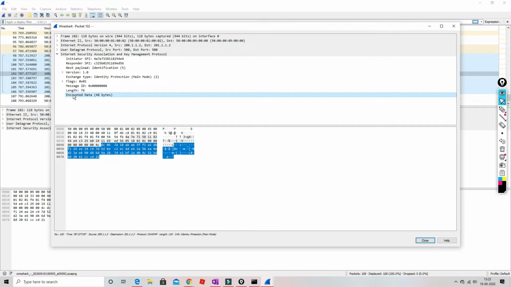So what do we need to decrypt the data? Two things. First is the cookie ID, and the second is the DH key. Once we get both of them, we will be able to decrypt the data. I'll explain how we can get that information.